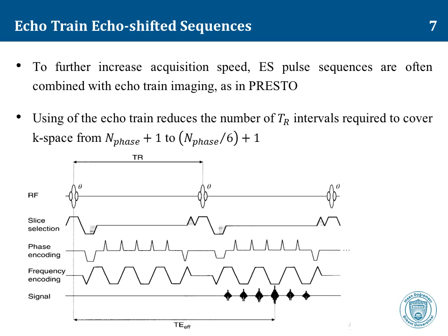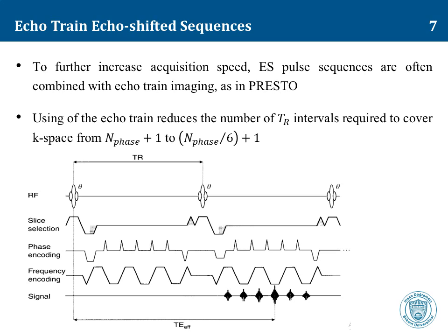A small positive gradient lobe is played on the frequency encoding axis after the echo train. This ensures that the net gradient area in any single TR interval is 0 because the frequency encoding waveform is not contributing to the echo shift in this example. Before echo readout window, a gradient lobe is played along the phase encoding axis to produce an individually phase encoded